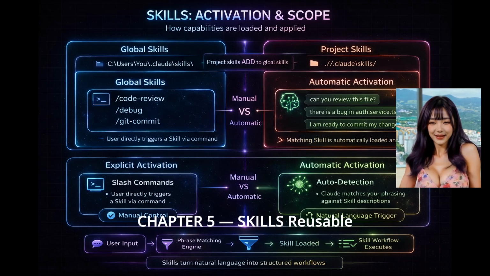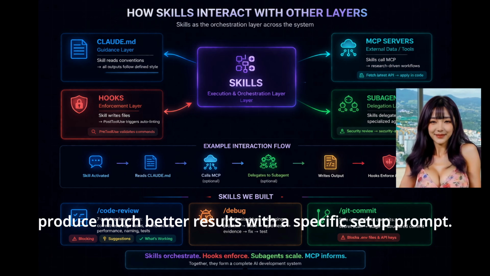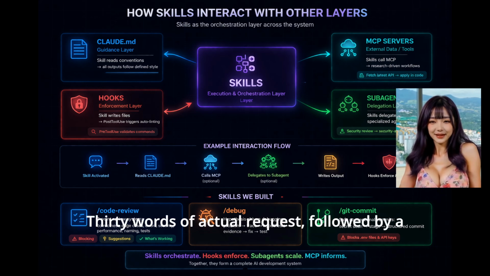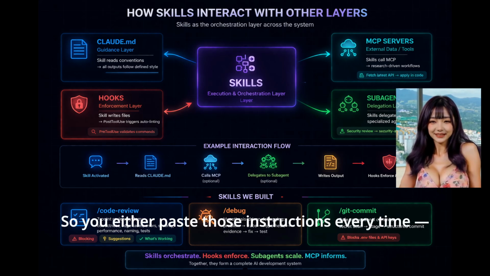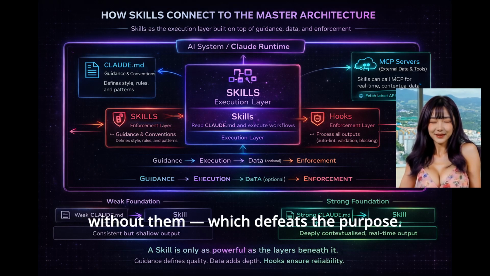Chapter 5. Skills, reusable workflows as /commands. Here is a pattern every developer who uses AI tools seriously runs into. There are 5 or 6 types of request that produce much better results with a specific setup prompt. 30 words of actual request, followed by 100 words of instructions Claude needs to do it well. So you either paste those instructions every time, which is friction, or you accept worse output without them, which defeats